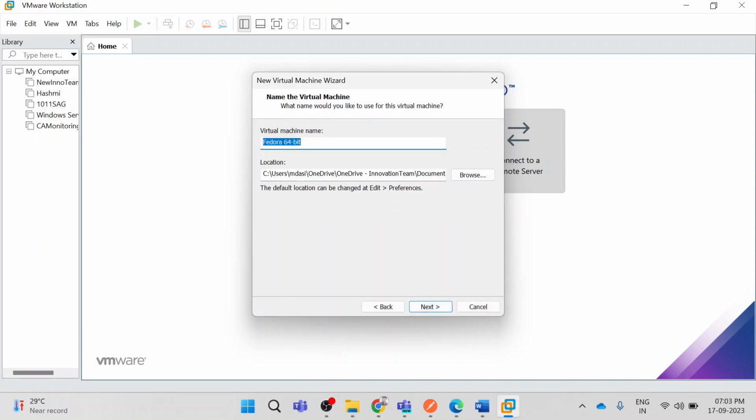Here you can give the virtual machine name. Suppose I'm giving the virtual machine demo. Okay, so here